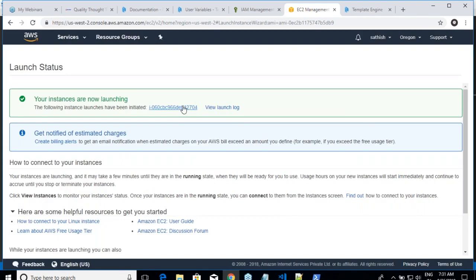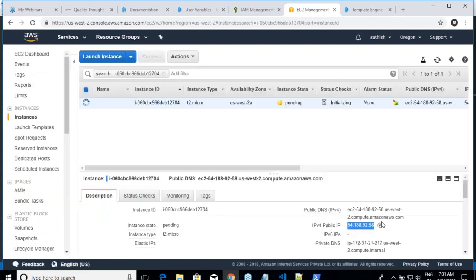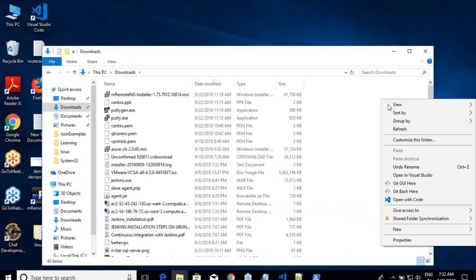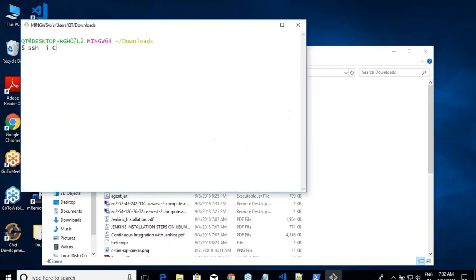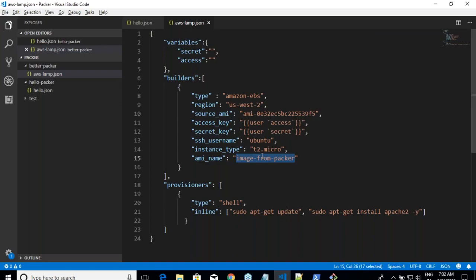So I have my key file over here, if I'm not wrong. So the command will be ssh -i, the file name is cloudformation.pem, and the username. Remember what was the username which we have used over here? You have not changed any user in your provisioning script, right?